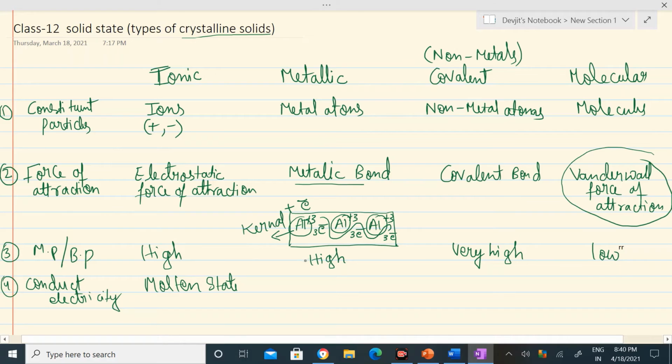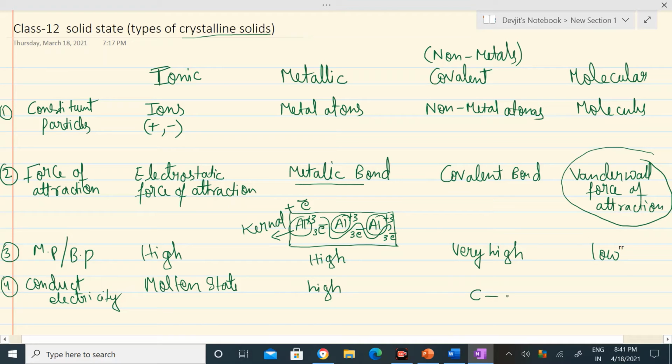In metallic, conductance is quite high. Why? Because electrons are flowing. They are flowing very freely. So when electrons are free to move, electricity will flow. They will conduct electricity. And in non-metals, for example, I am giving